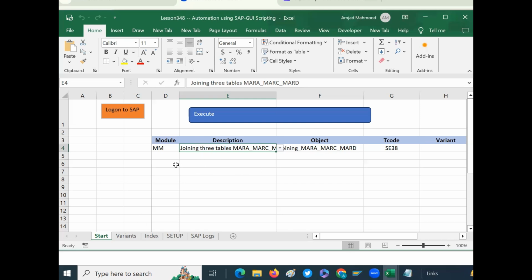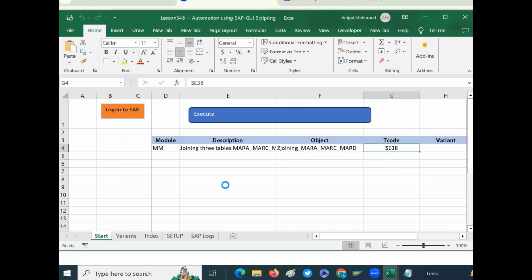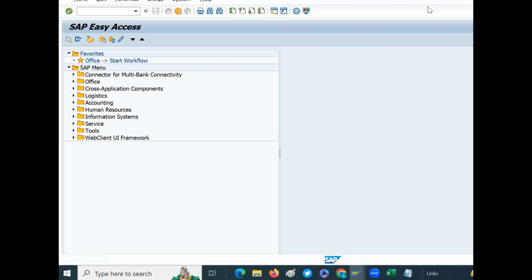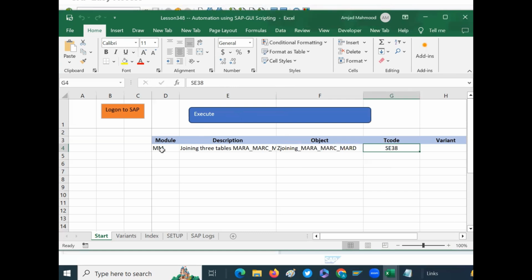So as usual, we select the module here, and the object has been already initiated. All you need to do is execute it, and you will get an error that you have to connect to SAP first. Okay, let's follow its instruction. Yes, this is your SAP connected. Now you can proceed to execute the desired program, that would take you to SE38 and open the ABAP editor for you to start writing your program. Okay,